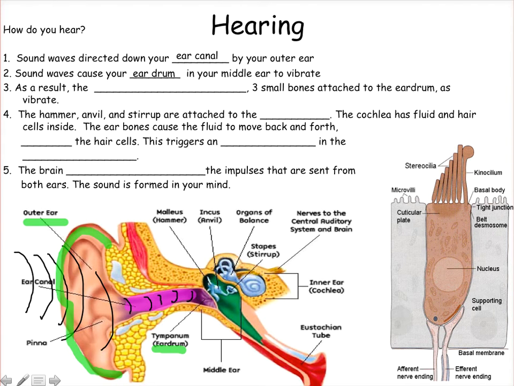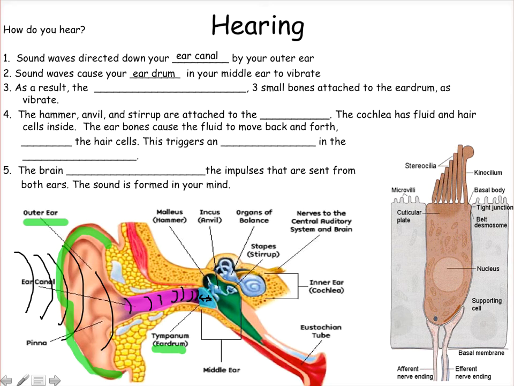The eardrum, I'll color it in blue here, is a thin, flexible membrane. So when the sound waves hit the eardrum, it will cause the eardrum to move back and forth,